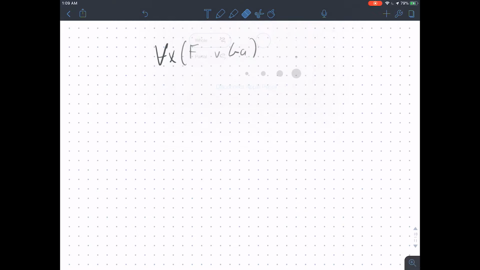Getting ahead of myself. They have to be bound variables. Or let's expand this in a 2-element universe, so just A and B, this would be